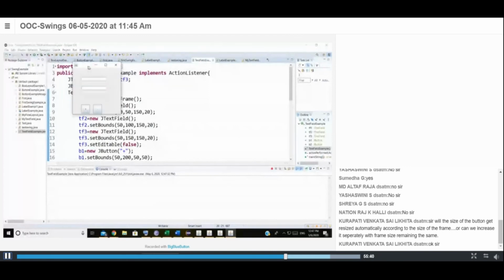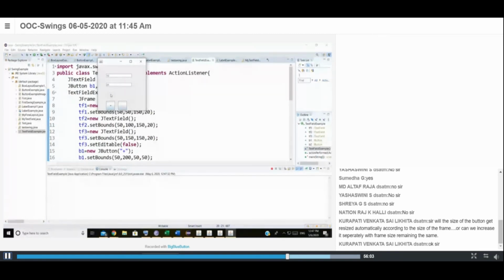Okay, so exactly, the frame is 300 by 300 and has three text fields. In one I'm going to take the value. Whatever you enter here, it will be considered as a value. And see, for the text field, I have set the editable option to false.